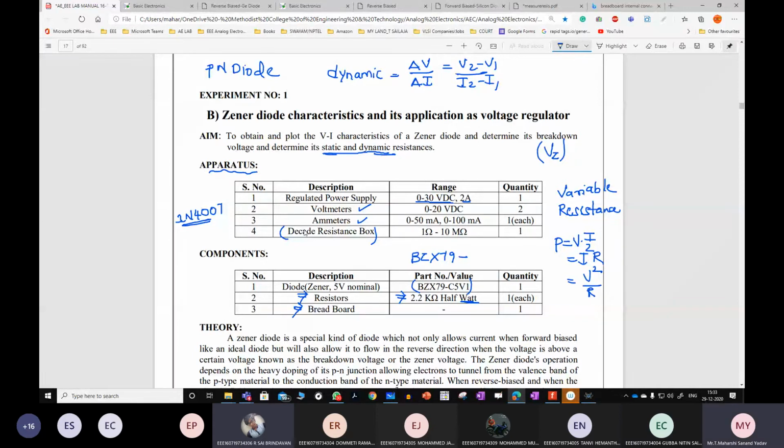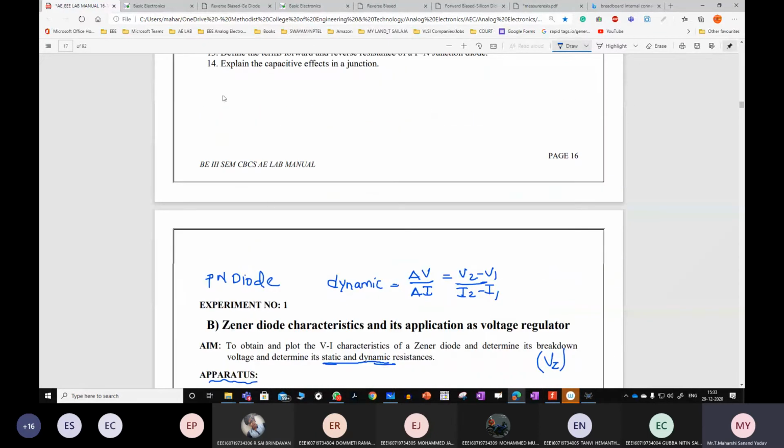So obviously there will be power ratings for each and every component that you take. While calculating the efficiency of the rectifier, or the transformer utilization factor, what did we do in the case of the rectifier? What is the transformer utilization factor? The power being utilized by the transformer, sir. PDC by PAC, right?